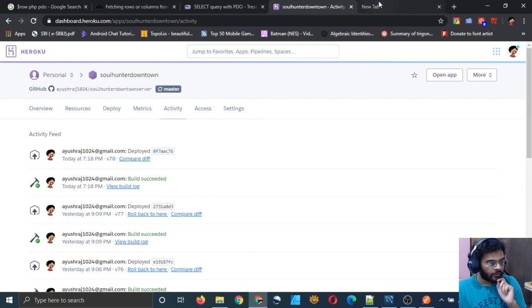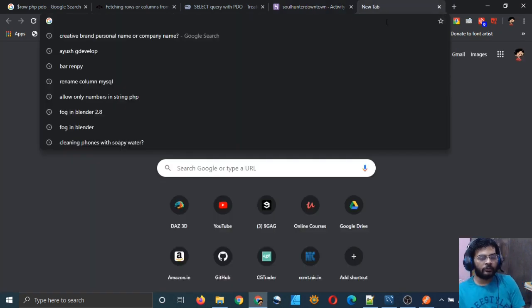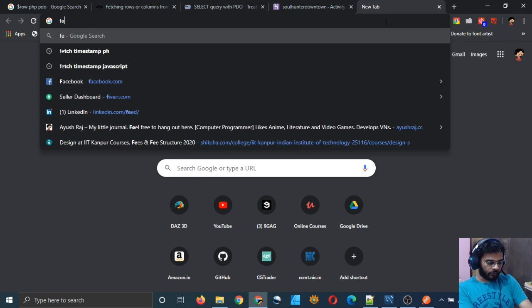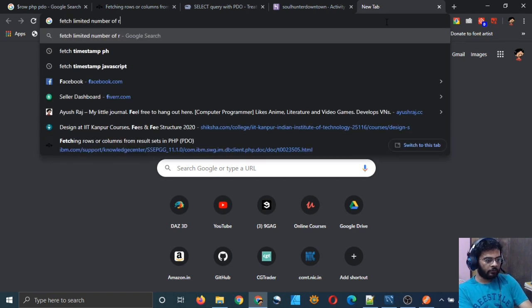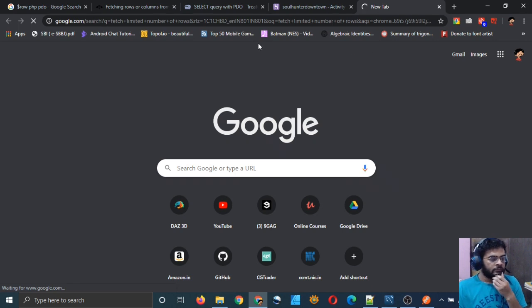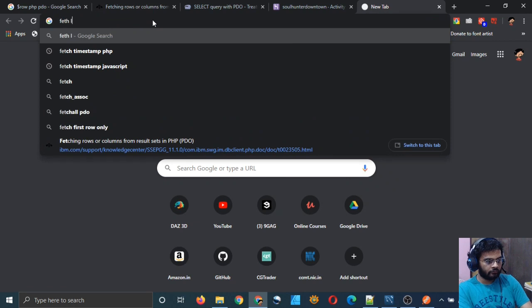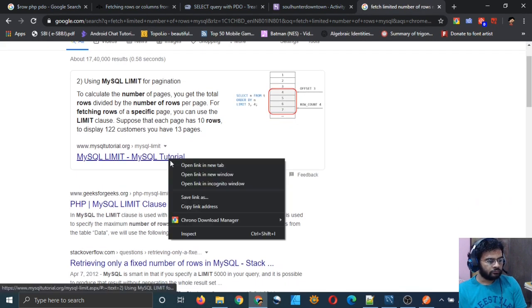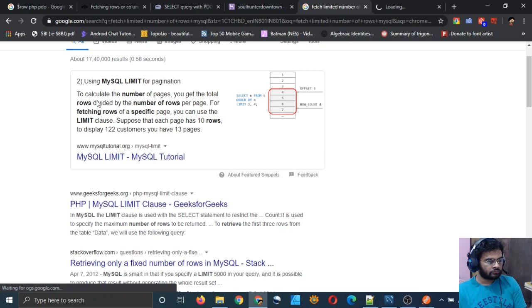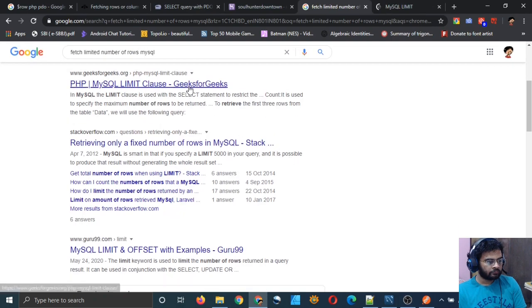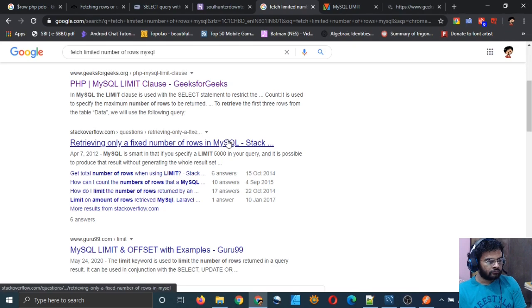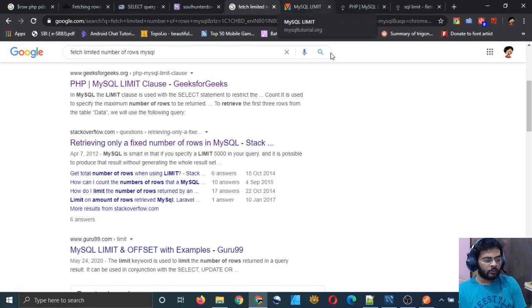Let me check if SQL has a command to limit the number of rows. Fetch limited number of rows, MySQL. I think there is a statement to retrieve only a fixed number of rows in MySQL.